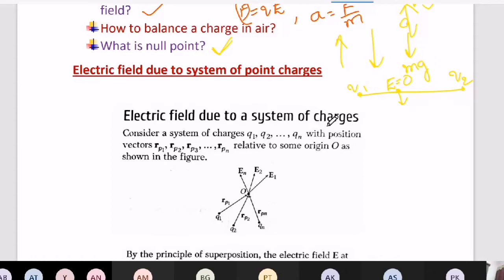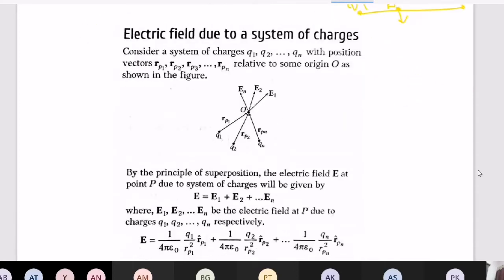Now I said to you, in the last class we studied about the electric field due to a system of point charges. It is the same as the principle of superposition that we studied in the case of Coulomb's law. See here, I'll tell you in a simple way. If there is one charge, at one particular point there is a field. So there is a field due to one charge, let's take Q1. Now here one charge is there, let's take Q2. Then at the same point there is one more field, that is E2. If suppose here minus Q3 is there, then here the field is towards the charge, and that is another field.